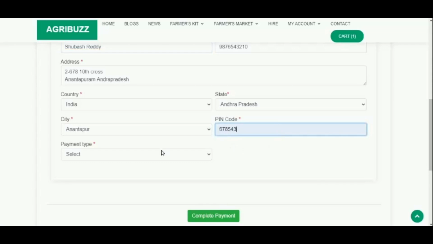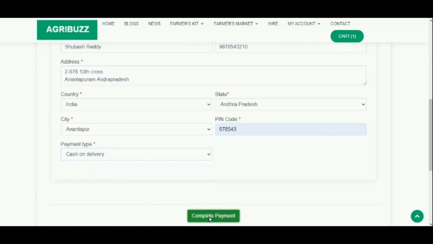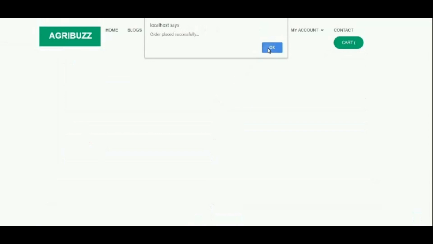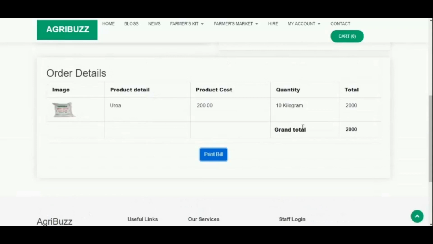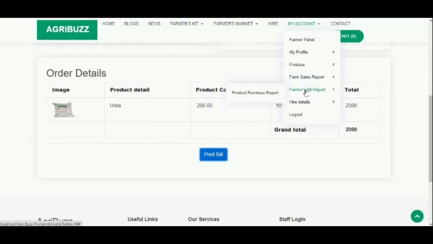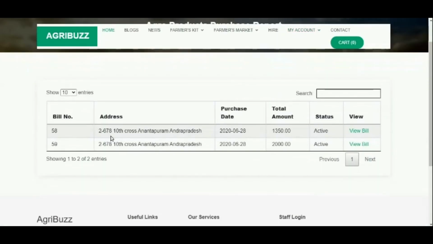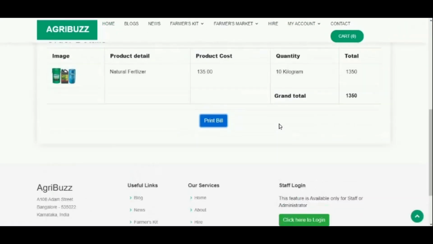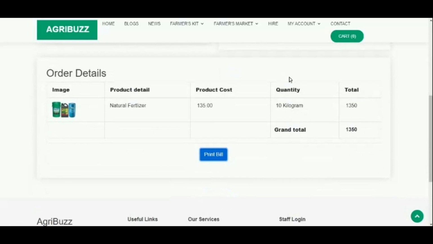The payment type can be either cash on delivery or card payment. Once the payment is complete, the bill can be viewed by the farmer, and the bill contains the billing detail and the delivery address.